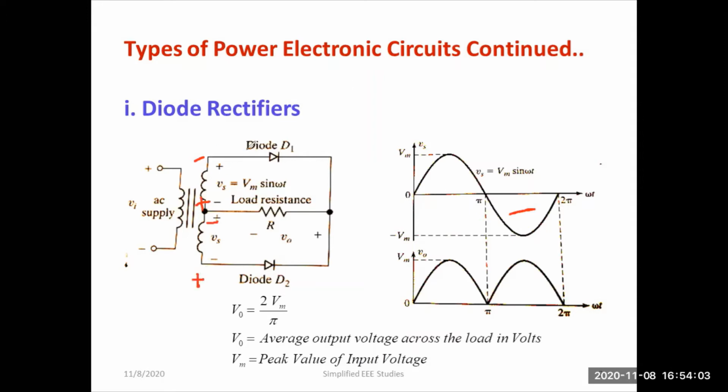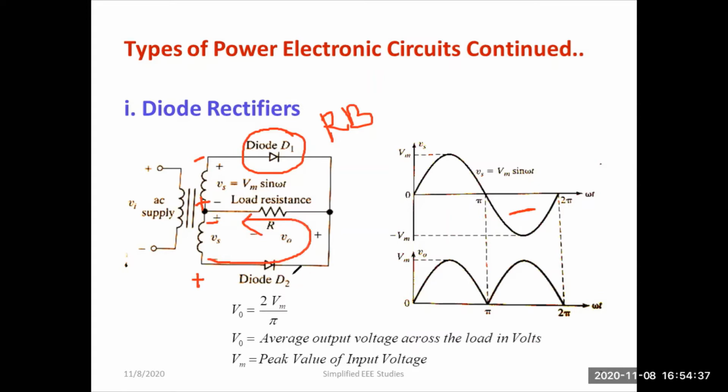Now you need to tell me whether diode D1 will operate or not. Current will always travel from positive to negative. You can observe positive to negative. So at that time, will diode D1 operate? No. Why? Because if the current passes from positive to negative, this is becoming reverse biased. I'll write RB. RB stands for reverse biased. But in the bottom side, you can observe the current conduction will be from positive to negative.